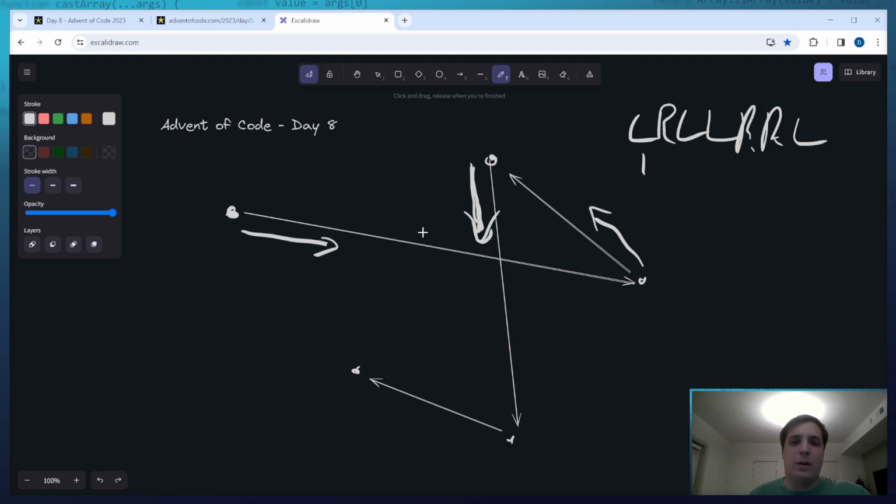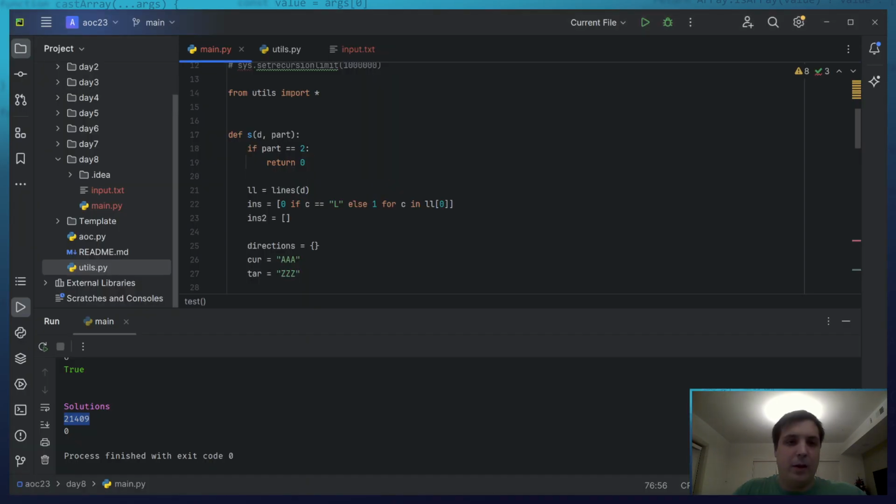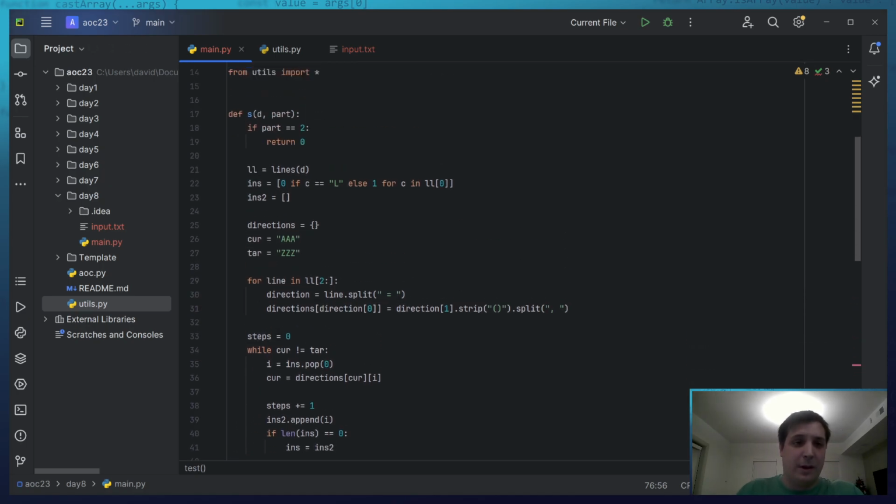This first ghost might go down here and then left, the second ghost might go down and then right. So optimization is actually really hard. I'm going to go with brute force for now and see if that's enough for Advent of Code. But thinking of how to cache long paths is an interesting thought, especially if we have so many ghosts.